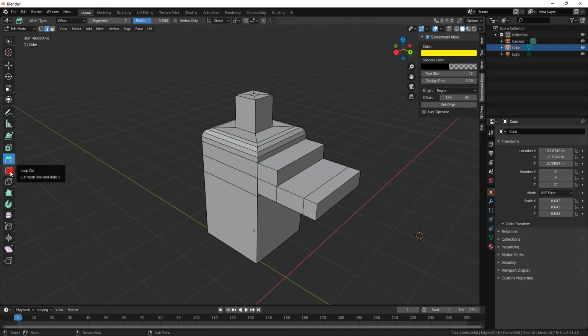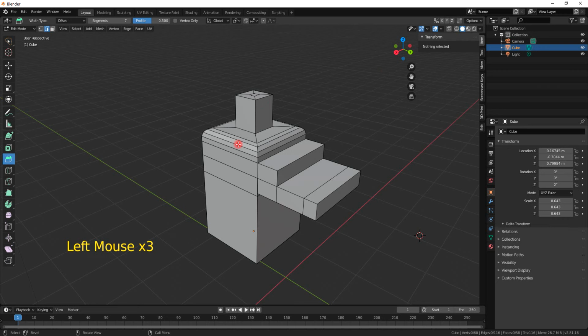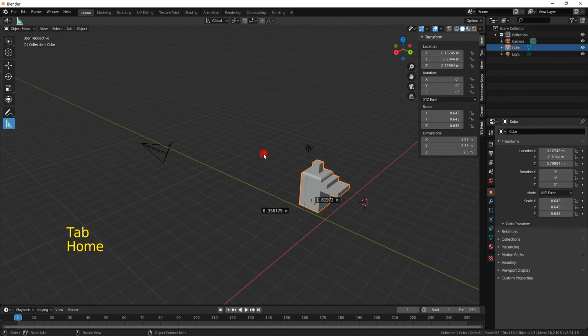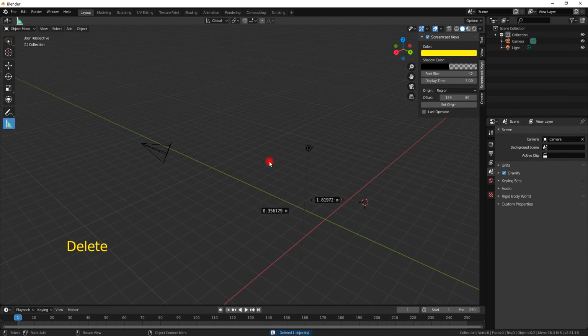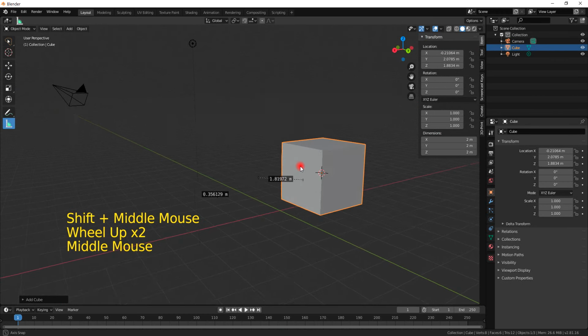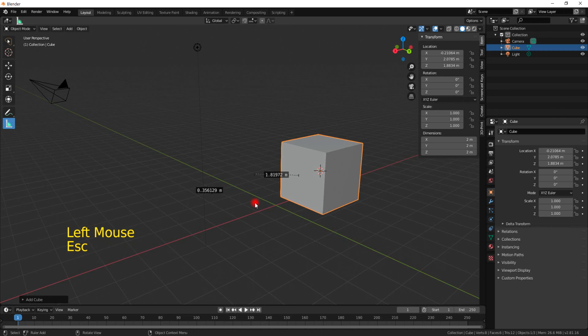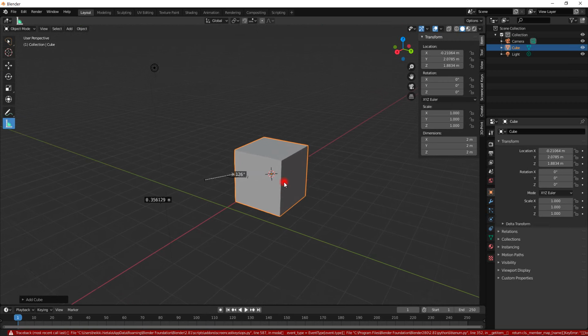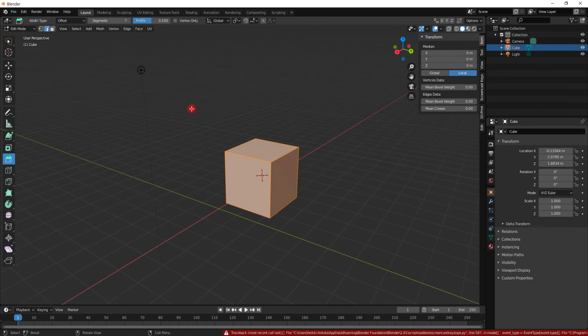Okay, the next one is loop cut, and this is one of your very key tools, I have to say, because many times you have a cube. Let me just delete this quickly and add another cube. Shift A and cube. And loop cut is very nice for adding extra vertices into your meshes. So you go into edit mode, and then you go into loop cut, and then you can